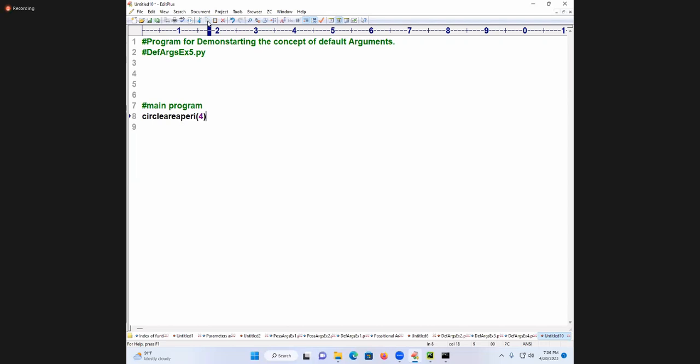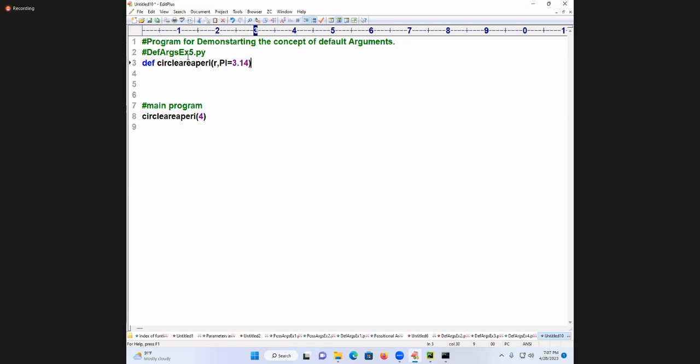Pi value is common, right? Radius will differ from one person to another person. But what is the common value? Pi value. How do you take it? def circle_area_perimeter of R comma pi is equal to what? 3.14.